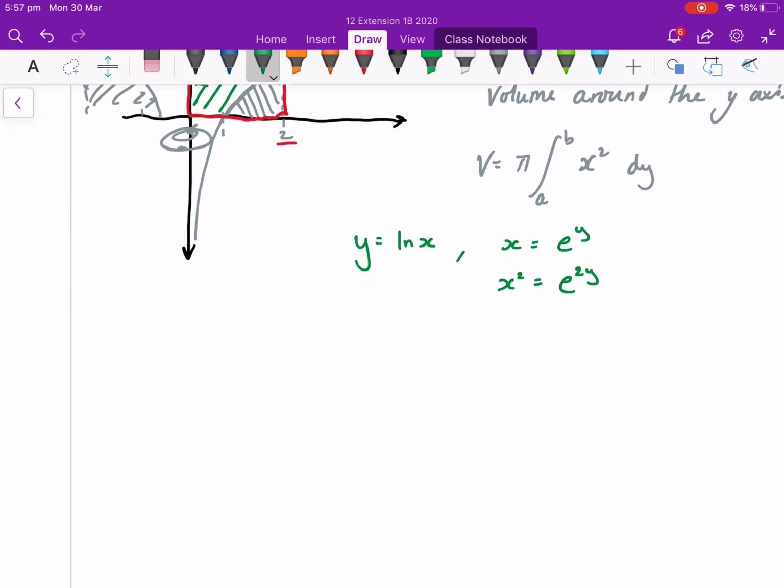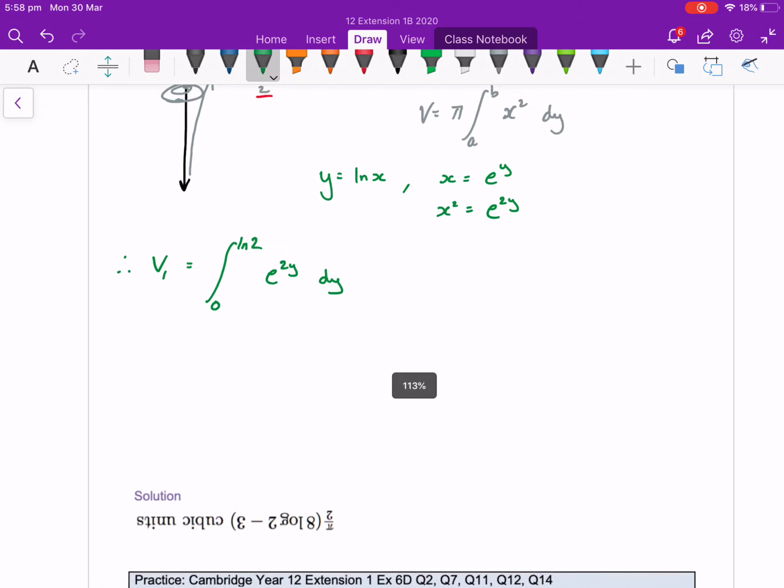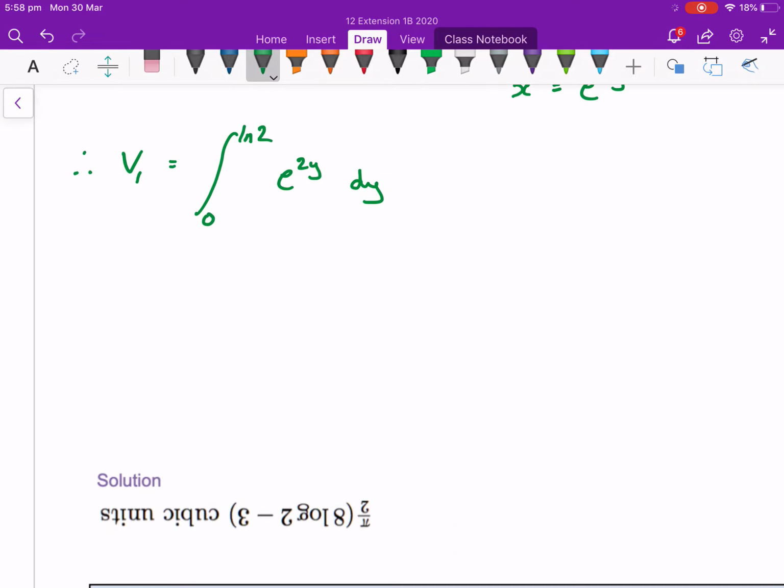So therefore, the volume of the green section is equal to the integral, and we need our bounds, from a through to b, so the integral from 0 up to ln2 of e to the 2y dy. And then if we integrate this, the power is 2y, differentiate that, we get 2, and we divide through by that, so we get a half e to the 2y